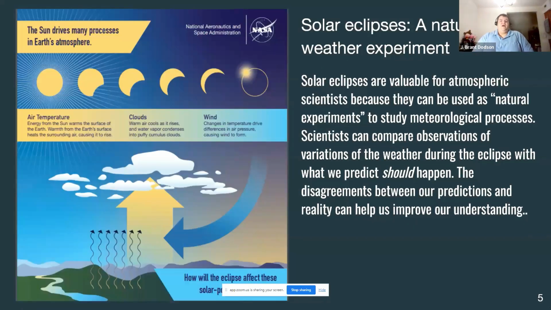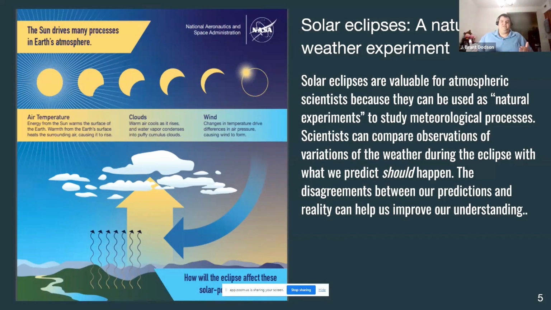All right, so solar eclipses, they have been studied for a long time by both astronomers and atmospheric scientists. There's a long history about this. I don't have time to get into all of it, but to summarize over a century's worth of work on this, you can think of solar eclipses as being basically a natural experiment to study meteorological processes as well as